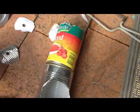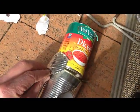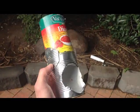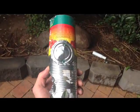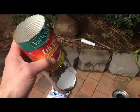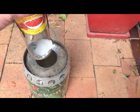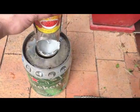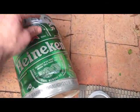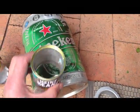So all I'm going to do is stick this little piece, maybe one on either side, and put a couple of pop rivets through so they're stuck together. One off cut on that side, one off cut on that side. That holds the 2 chimney cans together, and I can lower them down in there. Might be a bit snug, should be fine. So next step, I'm going to measure down and drill the sideways hole here for this,